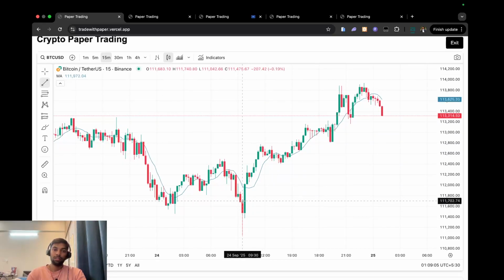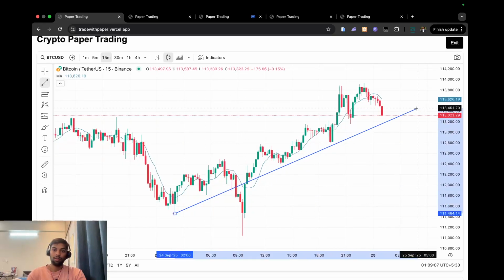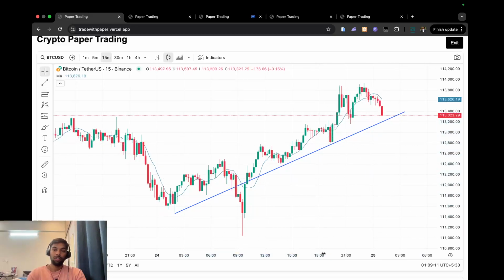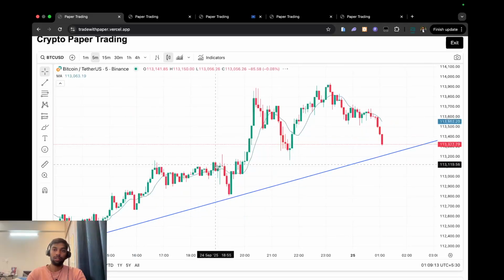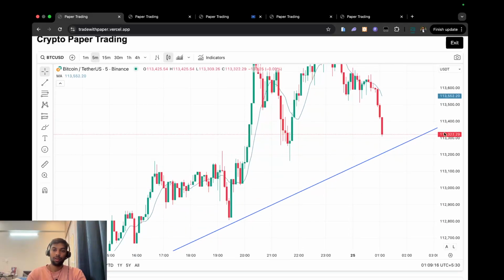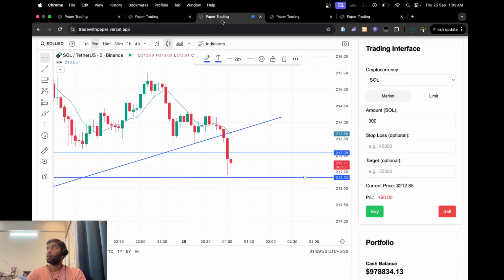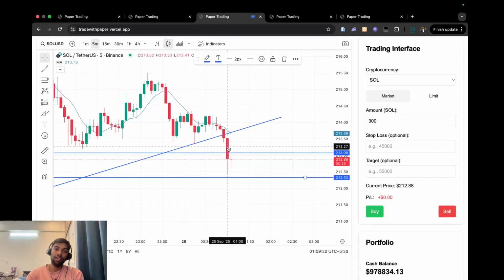Same structure, the same structure is what Bitcoin is also following. So we have to trade cautiously in Bitcoin and in Solana because both are at an extremely crucial zone. And see, this can invite sellers.